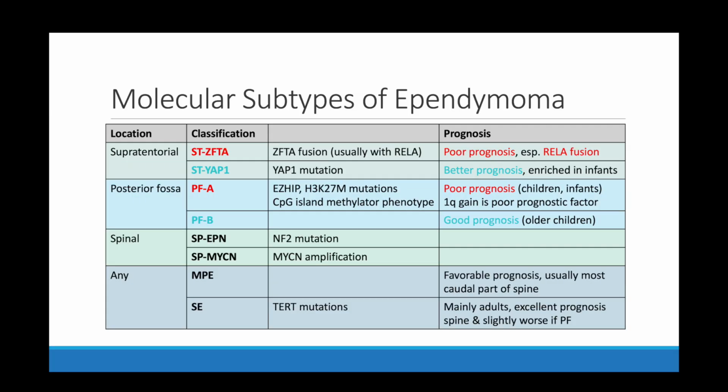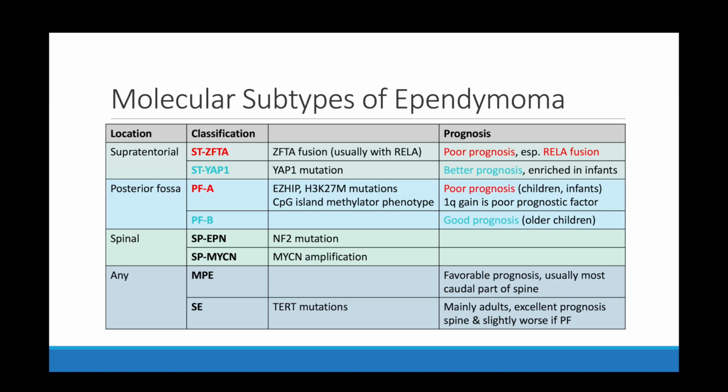So then here's a table that I tried to make based on those various subtypes and kind of pull out some of the important features of these molecular subtypes. So supratentorial, we have 2 different molecular subtypes, so ST-ZFTA and then ST-YAP1. So ZFTA is typically associated with a poor prognosis, and YAP1 is typically associated with a better prognosis, and it's enriched in infants. But these are the 2 different